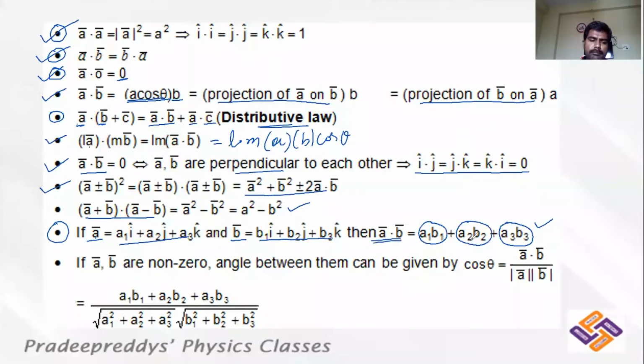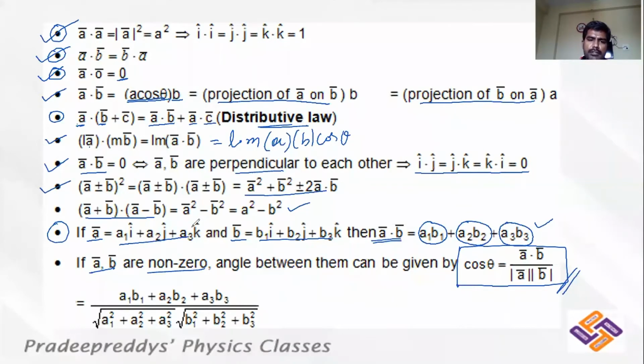Don't worry about it. Now coming to the other case, where a dot b is non-zero, that is, a bar and b bar are non-zero vectors. If you want to find the angle between them, simply write down cos theta. Cos theta is equal to a bar dot b bar; actually a and b magnitudes should be here. Those two are brought to the denominator on the other side, so that the angle between two vectors can be calculated using dot product as a dot b divided by magnitude of a and magnitude of b.